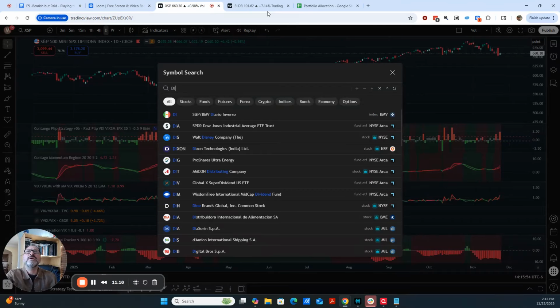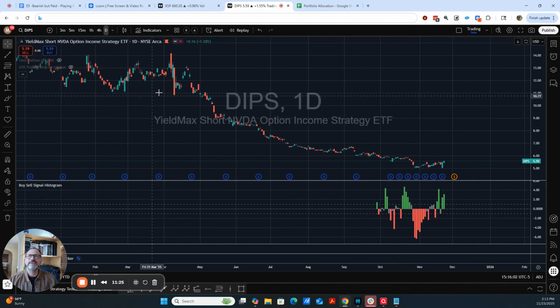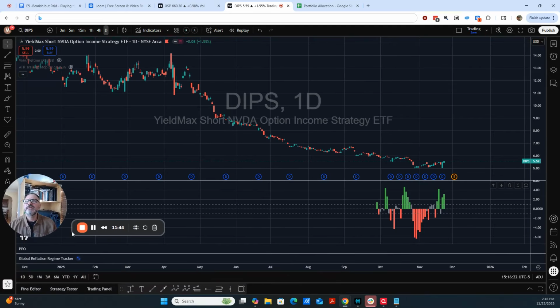We go to this chart here. We'll look at Nvidia, or DIPS, first. As you can see, this just loses value as Nvidia's been rallying pretty much all year. But you can also see how it behaved here in the February timeframe. It had some nice rallies as Nvidia was in correction mode. Let me pull this over here so I can get my tools. This shows 18% capital appreciation if you bought this at the turn and held it through Liberation Day. If you used this throughout Liberation Day, you could have offset some of your losses in addition to making 100%